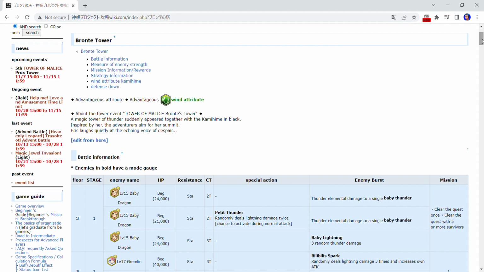But this is a Tower of Malice, not really a guide video, but more like a hint one, because I don't necessarily know who has what teams or whatever. There's still the limitations for Tower and all that. For those that don't know what Tower is,